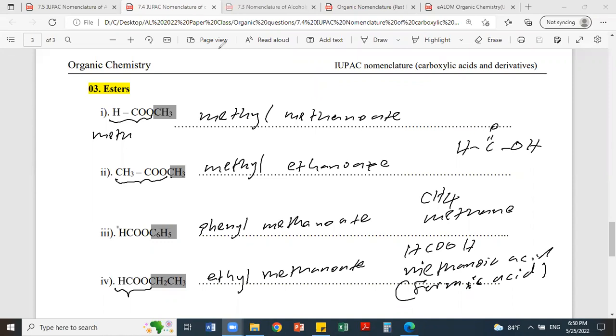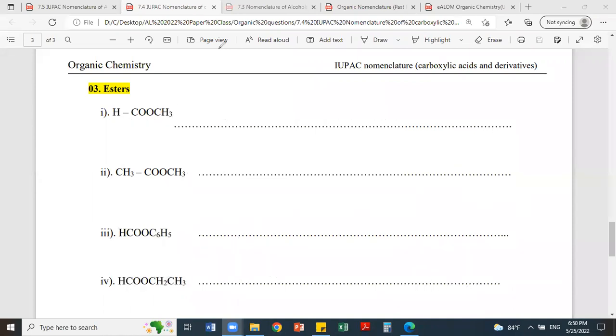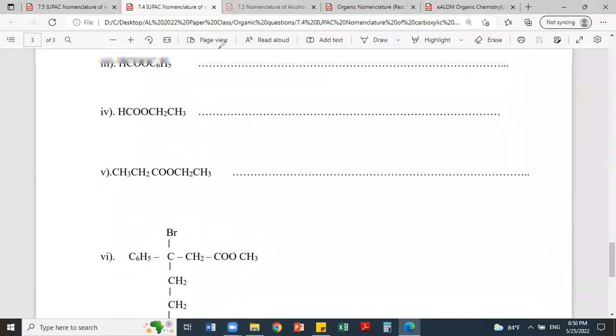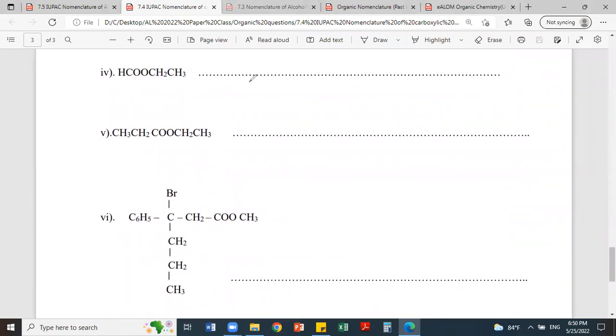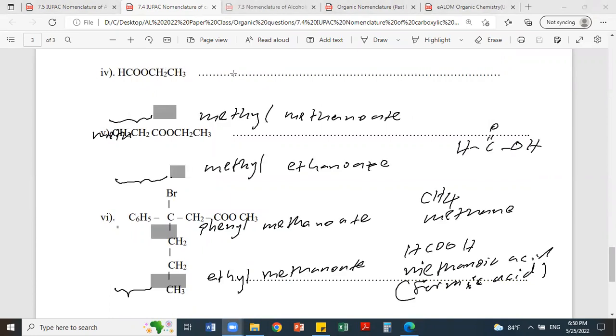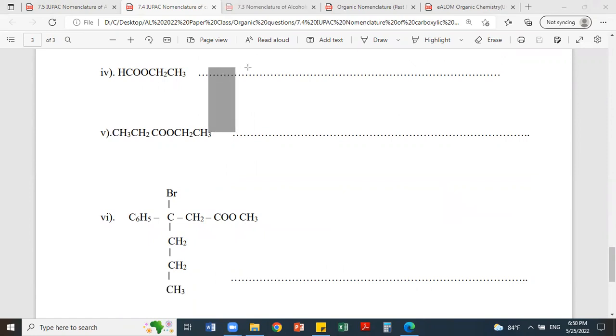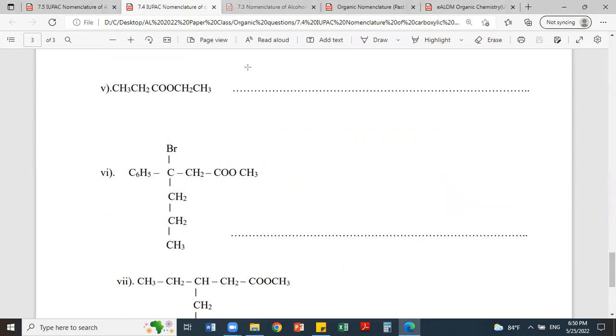Right, then next one, I'll erase this. Then number 4, what? Ethyl methanoate. No, this is ethyl methanoate. I did right, yeah. Then you get number 5. Number 5, you get ethyl. This side is ethyl,